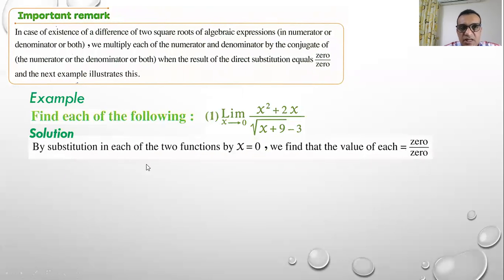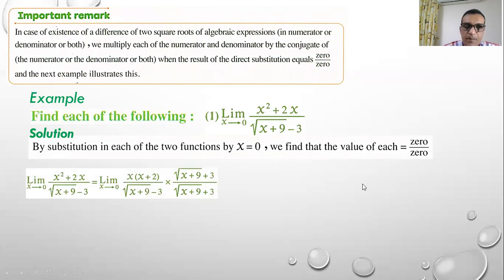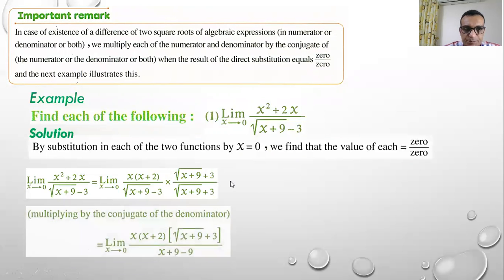By substituting in each of the two functions x equals 0, we find that the value of each equals 0 over 0, an unspecified quantity. We multiply by the conjugate of the denominator, and we get that the limit of x squared plus 2x over the square root x plus 9 minus 3 equal, by multiplying the conjugate, and we get